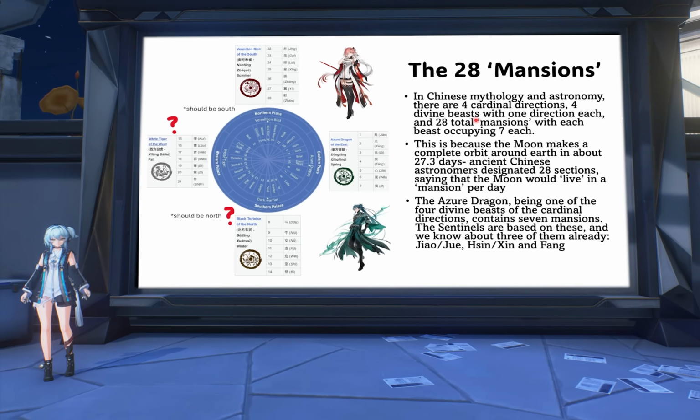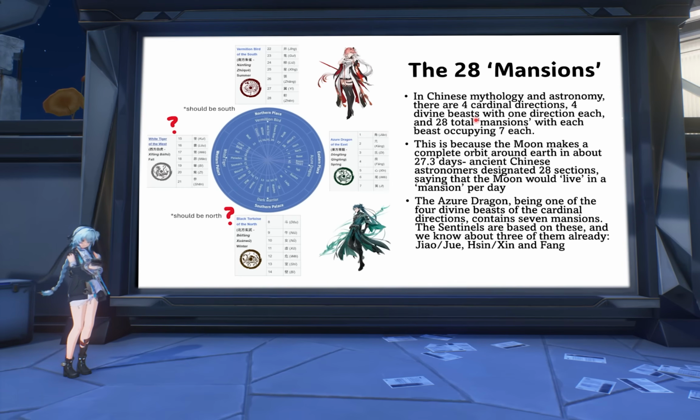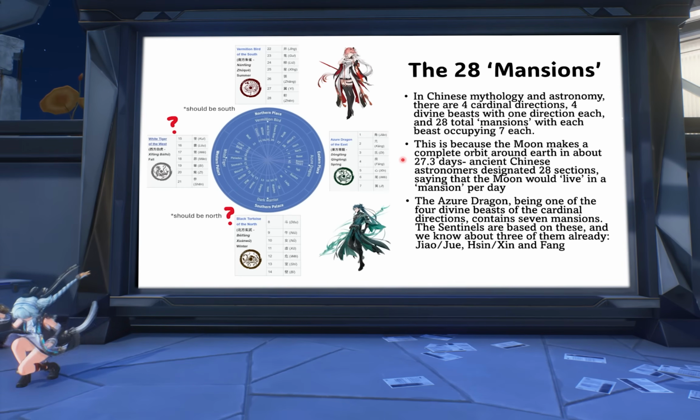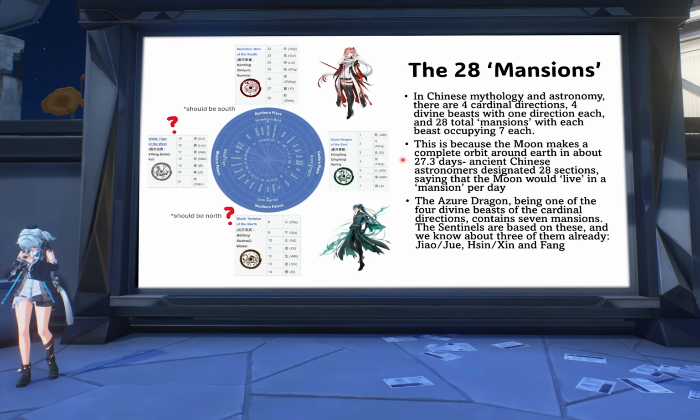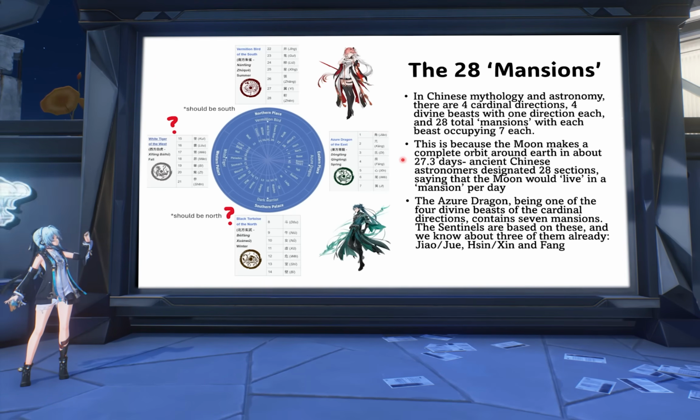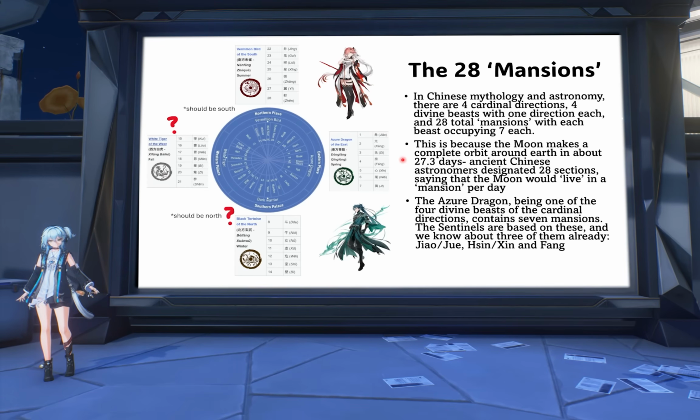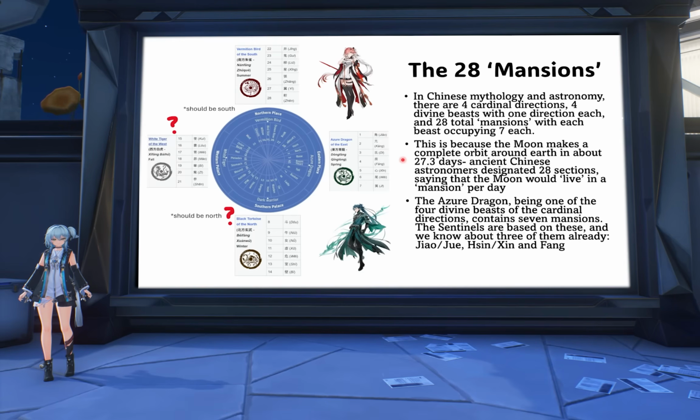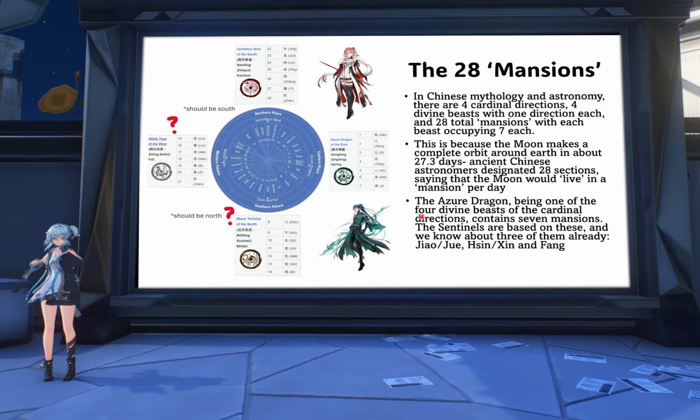And the reason why is because when you add all of these up together, you will get 28 mansions, and the ancient Chinese people believed that because it took the moon 27.3 days, they rounded it up to 28 days to complete a rotation of the Earth. It was believed that the moon, which is like a living entity, would live in a mansion per day. That's why they're called mansions, right? And the azure dragon, being one of the divine beasts, contains 7 mansions for 7 days of the moon's orbit